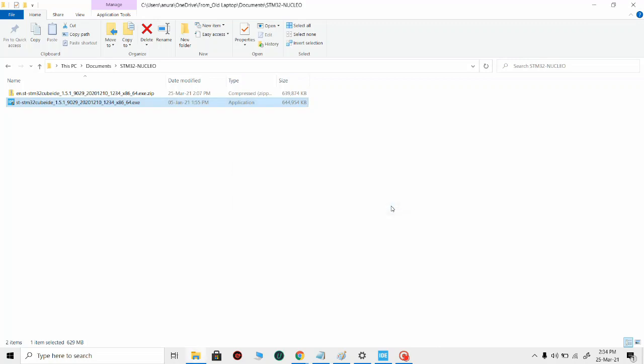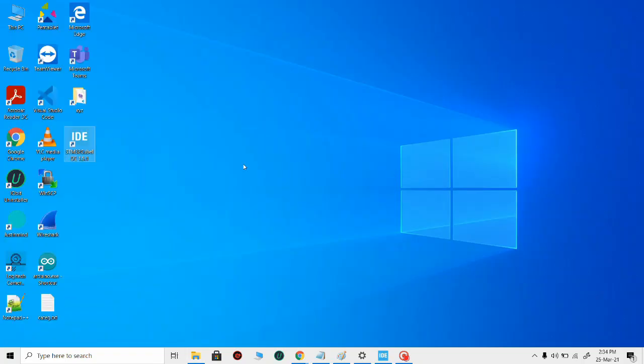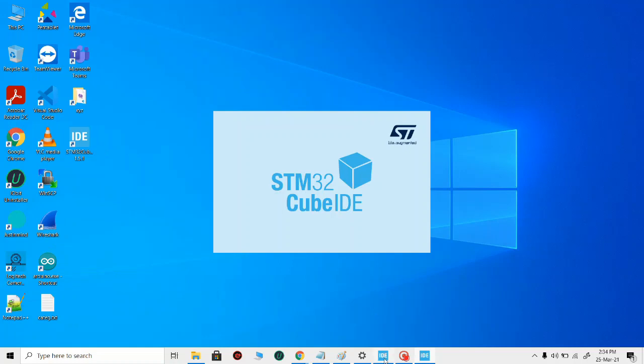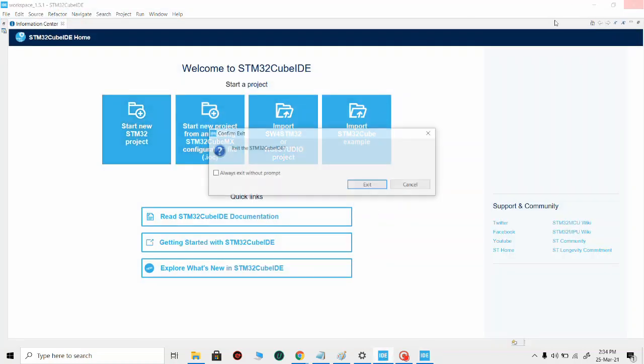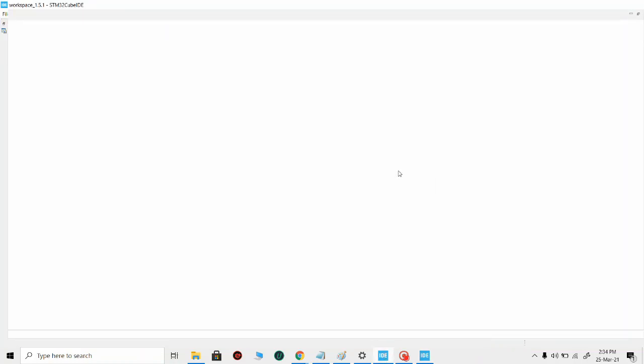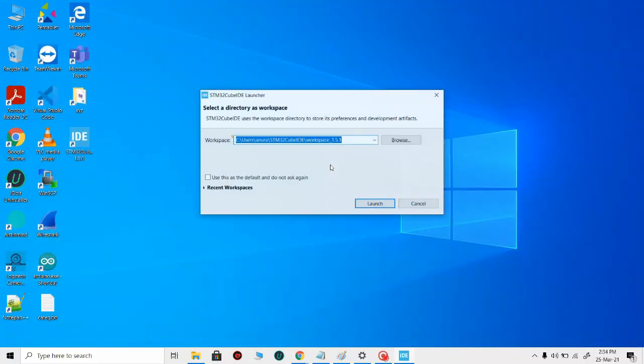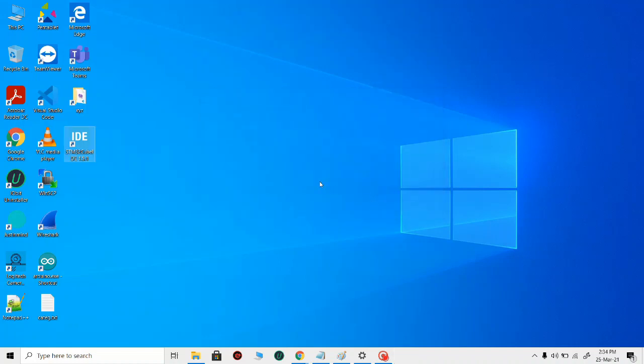After installation you will get a shortcut created on your desktop, and you can launch it from there. Once it is launched, it will ask you for a particular workspace which you can create in any folder. I have created it here. You launch this workspace.